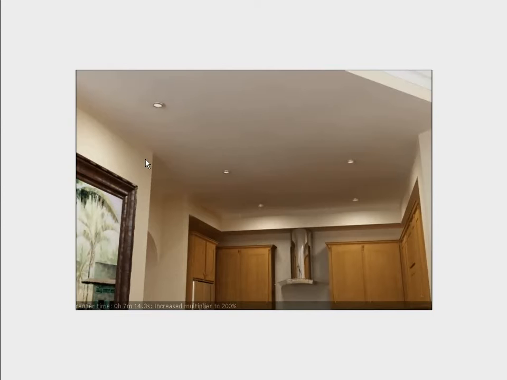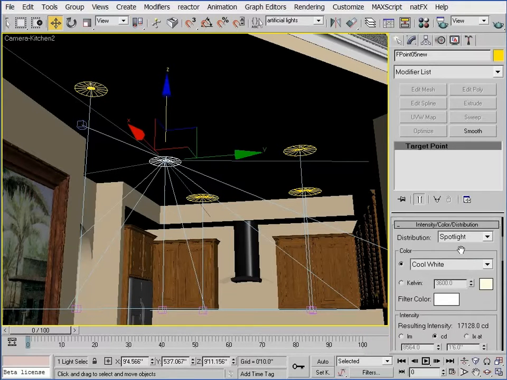I want these lights to affect the walls almost all the way up to the ceiling. I don't want it to go all the way to the ceiling. That wouldn't be realistic. But there's really no benefit of putting the light up any farther than it is. It works fine just as it is right now. Now, this image looks pretty good, but I think I can actually improve it quite a bit by trying another